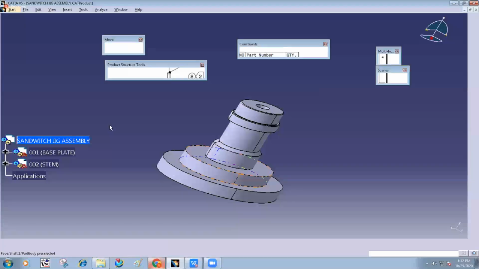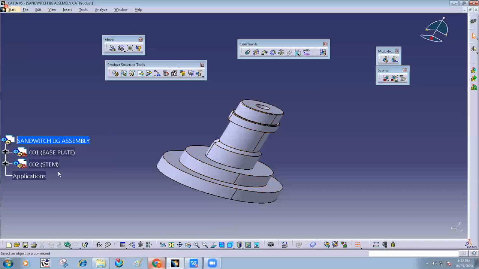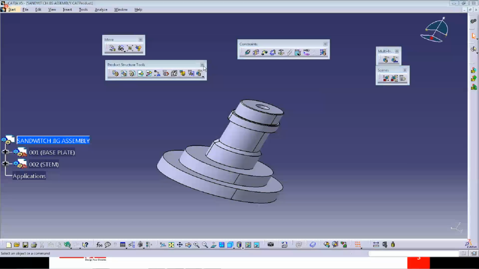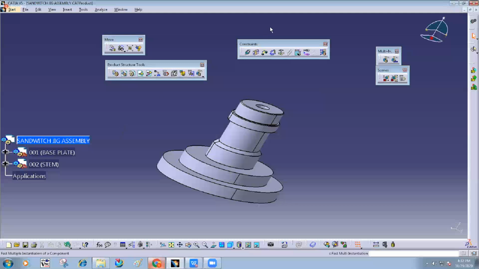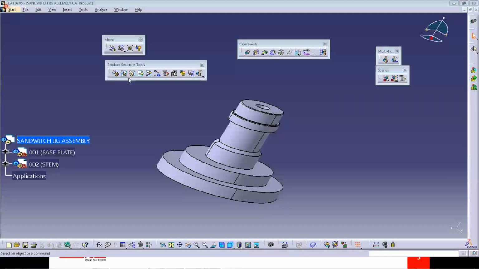Should I create one more part for fastener? Yes or no?